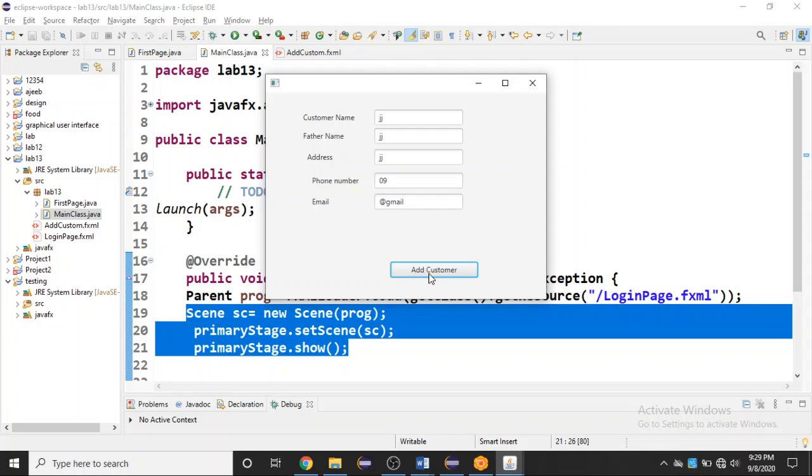So for this we now have to work, and our objective is that when we type our information here, it will pass to our next page. So when typing on the second page, our information has to pass on with the next window.